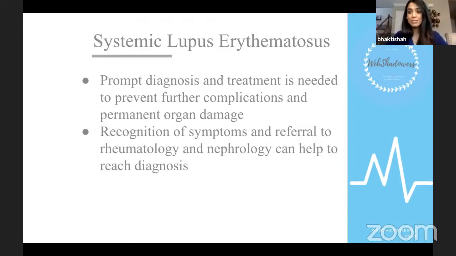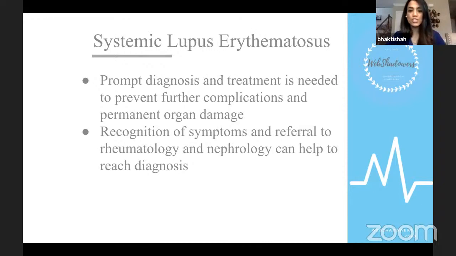For her, what we would do is probably start her very quickly on a high dose of steroids to try to bring down this inflammatory process, and at the same time, get a full panel of blood tests done. Figure out is there any evidence of kidney dysfunction, looking at her creatinine, looking at her basic blood counts. Has she developed anemia? Is her hemoglobin stable? Are her platelets stable? What is the element of lupus activity that's going on? This would include a pretty thorough lab workup, but that lab workup does not delay the diagnosis and treatment. You have to have a sharp clinical judgment and be able to treat these patients sooner rather than later.